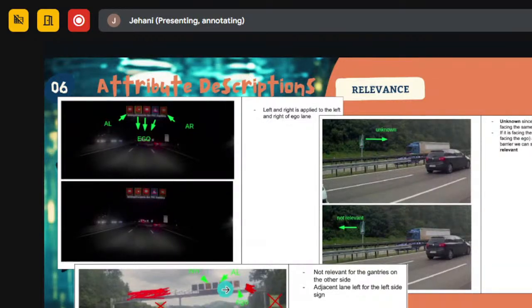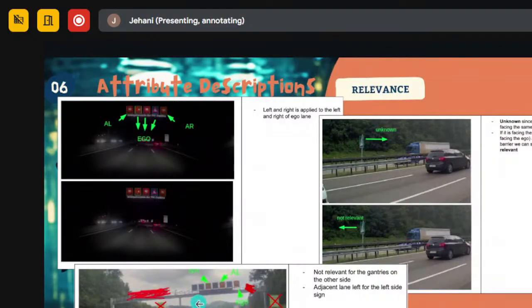So this next one here is blank. We're not able to identify if it's a sign or not. Since it's blacked out, so there's no sign shown there, we have to move on to the next one. So for this sign here, with the green arrow pointed here, this should be adjacent left. And then for the next one, which is the one over here, the third sign,